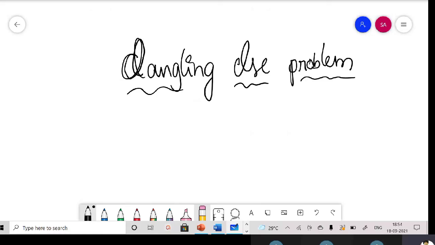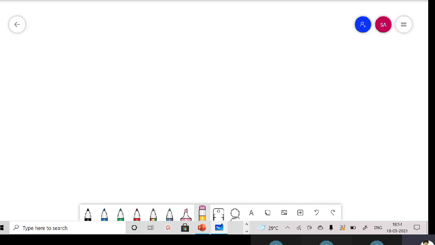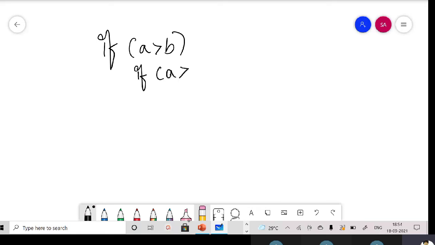No, sir. Okay, so what is this? When you're working with C code, if I write something like this: if A greater than B, if A greater than C, some statement 1, else statement 2.